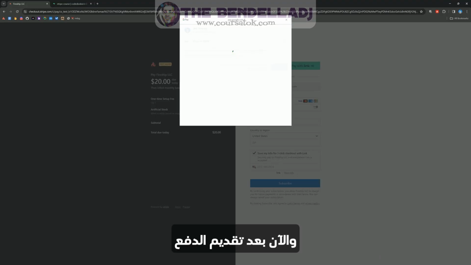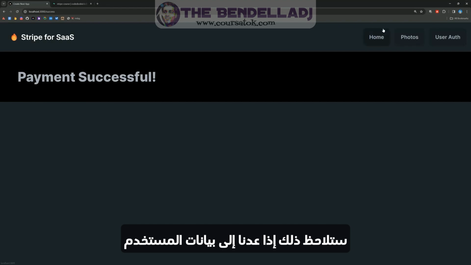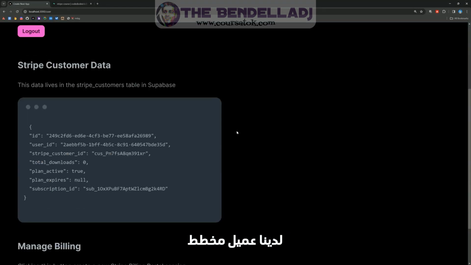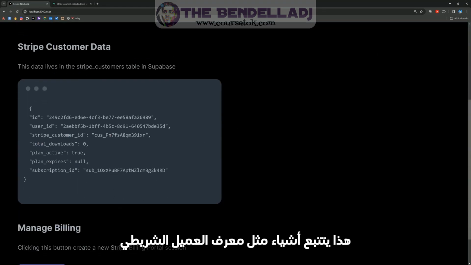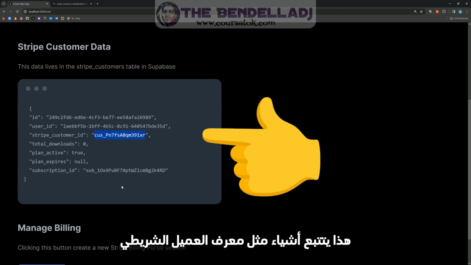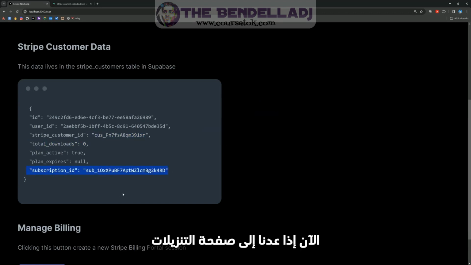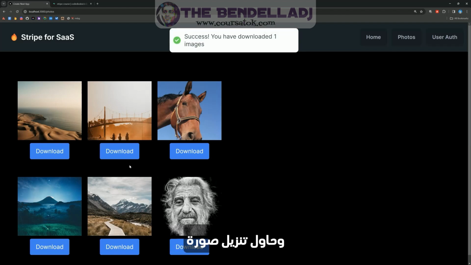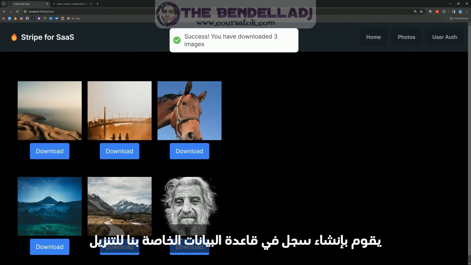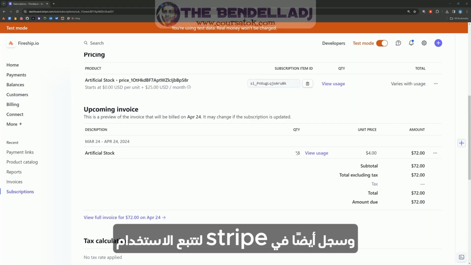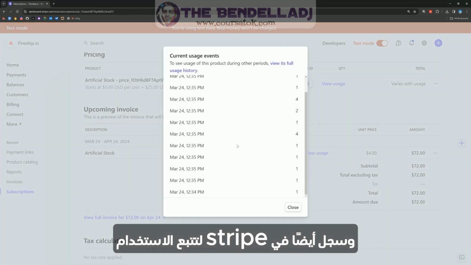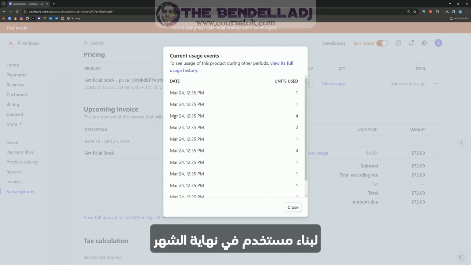And now after submitting the payment, you'll notice if we go back to the user data, we have a Stripe customer record created in the database. This keeps track of things like the Stripe customer ID, as well as the user's total downloads and their subscription ID. Now, if we go back to the downloads page and try to download an image, it will download successfully, but in addition to that, it creates a record in our database for the download, and also a record in Stripe to keep track of the usage, so we know what to bill the user at the end of the